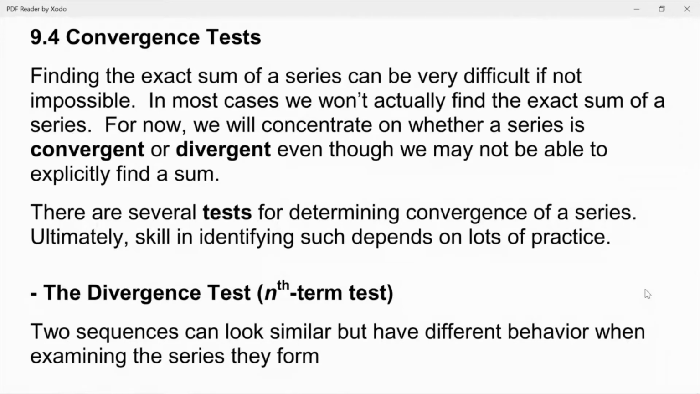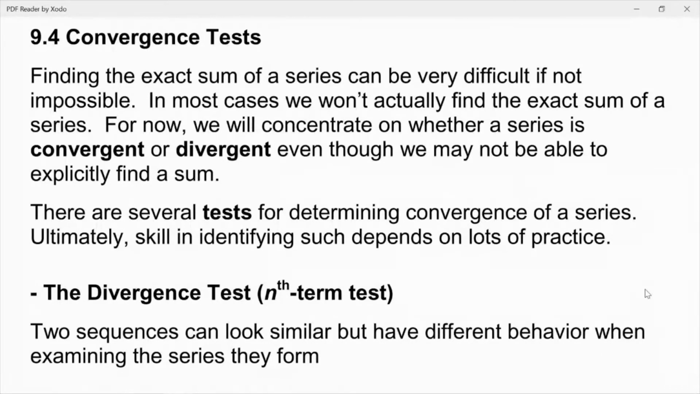This is AP Calculus BC, and in this video I'm going to talk about section 9.4. The title of this section is Convergence Tests, and we're going to talk about some new tests for convergence in addition to the things that we looked at in 9.3, where we talked about geometric series and telescoping series. So today we're going to talk about something called the nth term test, which is also sometimes referred